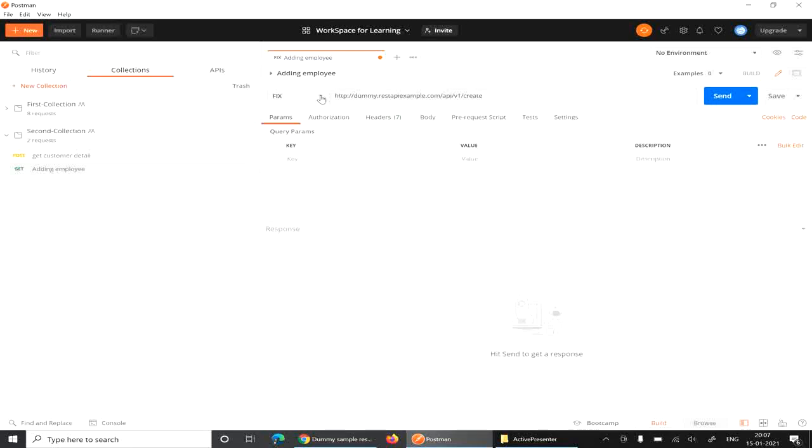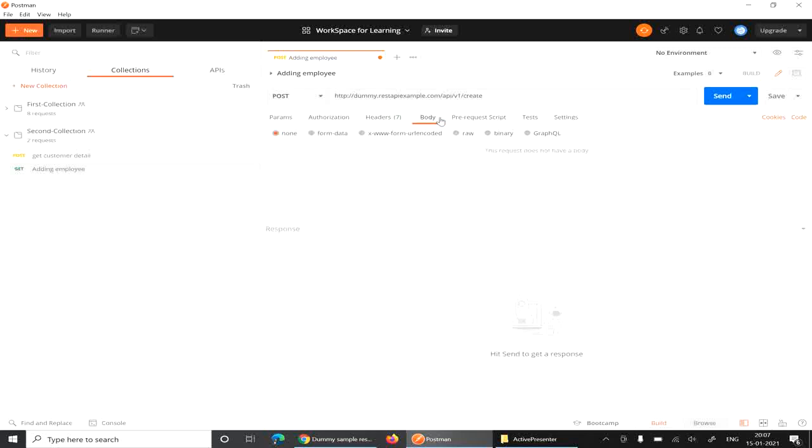Now we are working on the POST method, so we will select the POST method, which we use for creating a new employee in a database, or for creating or adding data into a database. For that we need data.